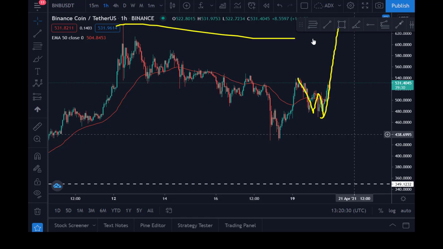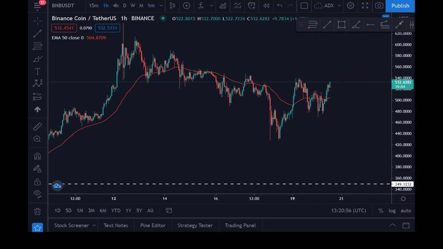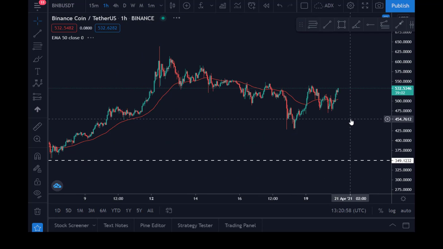Yeah, Binance Coin is going to break the all-time high in the next few hours. Sorry, not few hours, because you still have a lot of room. In the next few days, I think it's better off. In the next few days, it's going to break the all-time high, right, from here, right? So that's what you should have in the back of your mind. I think it's a very good one.